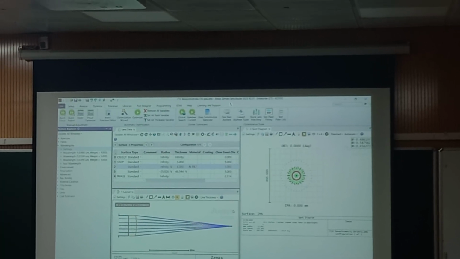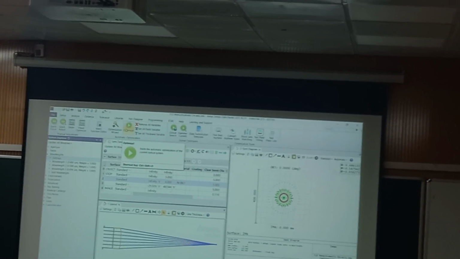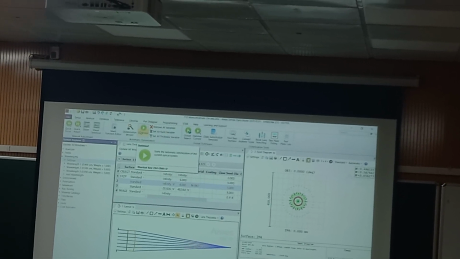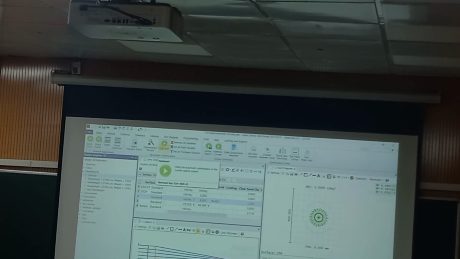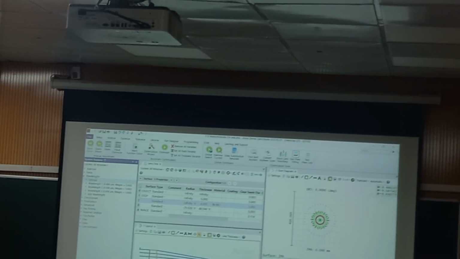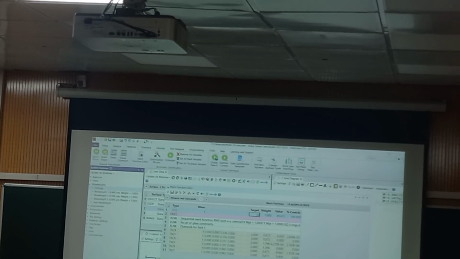Okay, so I'll optimize it, because everything is set up. Should I go for optimization of the focal length, or should I do some modification? Correct. So go to the merit function. In the EFFL operand, select say 50. Target is 50 now.